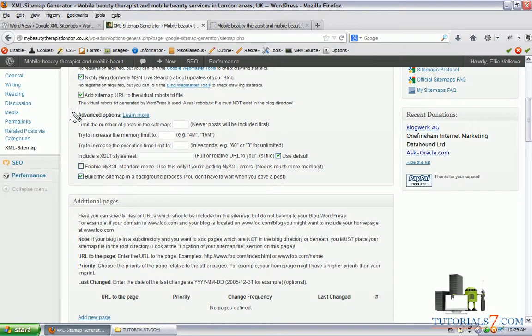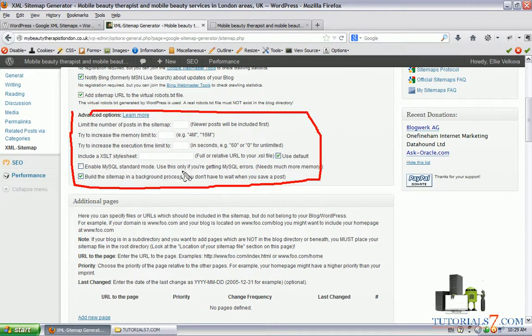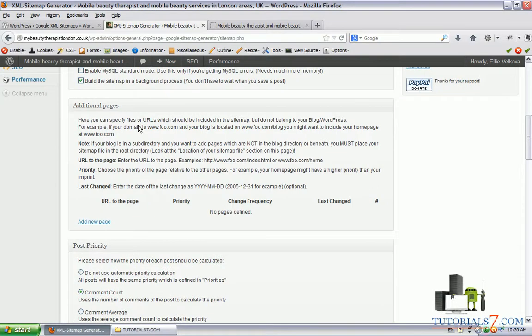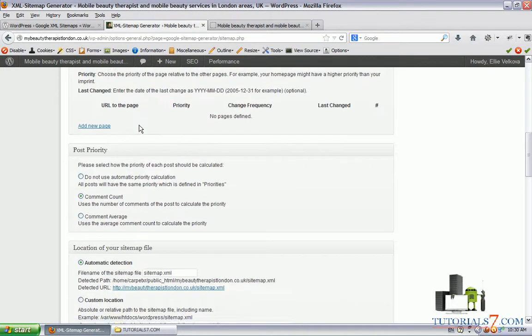Also, we have some advanced options. We can build the sitemap in a background process, and we can play here, but I would suggest leaving the default options. Okay, so we have the post priority. We can choose not to use automatic priority calculation based on comment counts. We can also use the average comment count to calculate the priority.